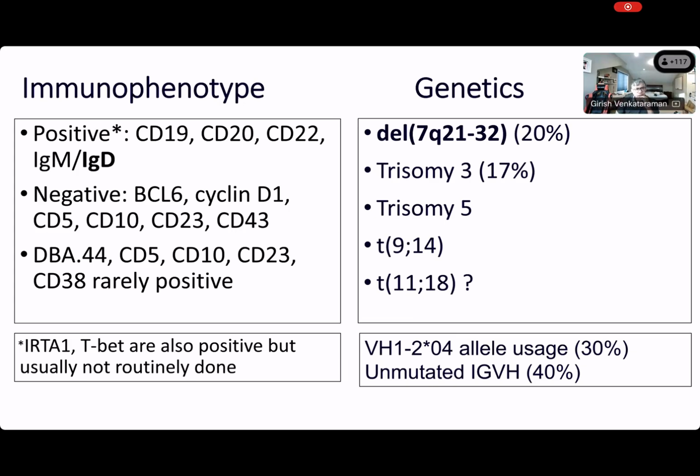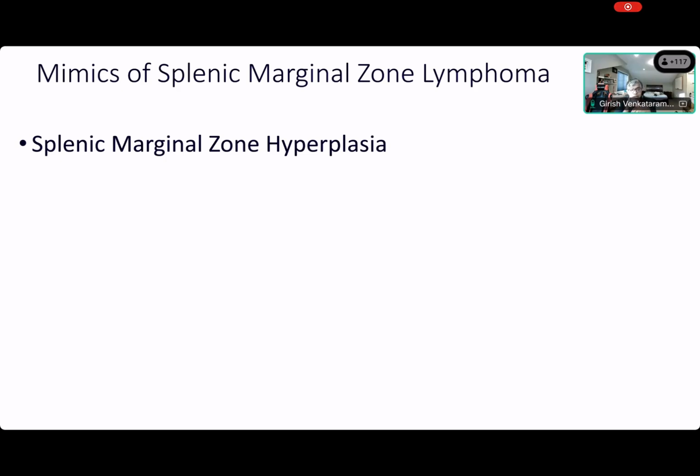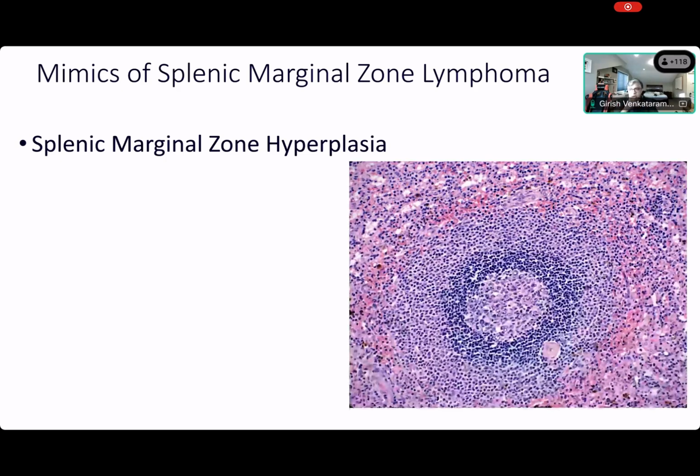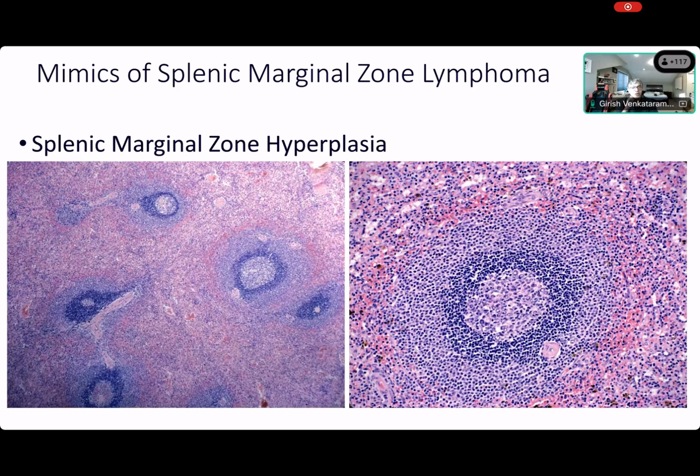And if you have a flow, you can make the call. But if you just have a biopsy and a sinusoidal CD20 pattern, you pretty much have a diagnosis. And of course, what are the mimics? Marginal zone hyperplasia can do that. That looks exactly like the lymphoma I showed you earlier. It's marginal zone hyperplasia. And again, you have to use context, right? They look very similar to lymphoma, so you have to be very careful about not calling marginal zone hyperplasia lymphoma.